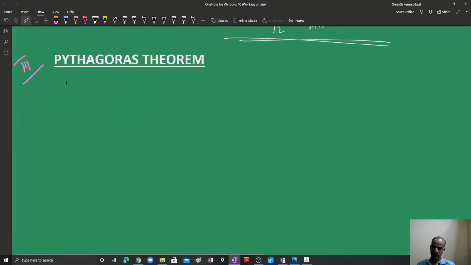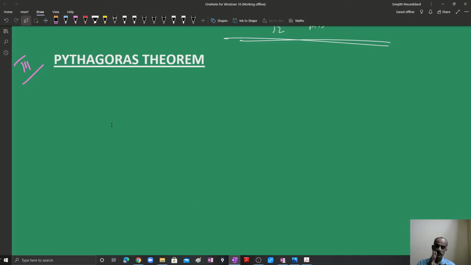I have named it tier 3 because we have divided the chapter into 3 parts. First part was our basic proportionality theorem and related questions. Part 2 was area of similar triangles and other things. In between we had our similarity criteria, then the ratio of area of similar triangles, and the last part is Pythagoras theorem.